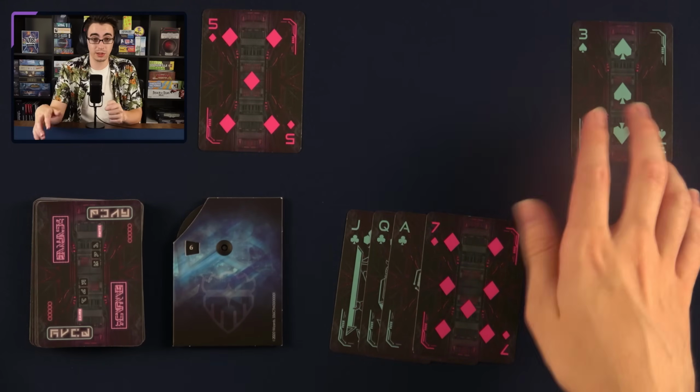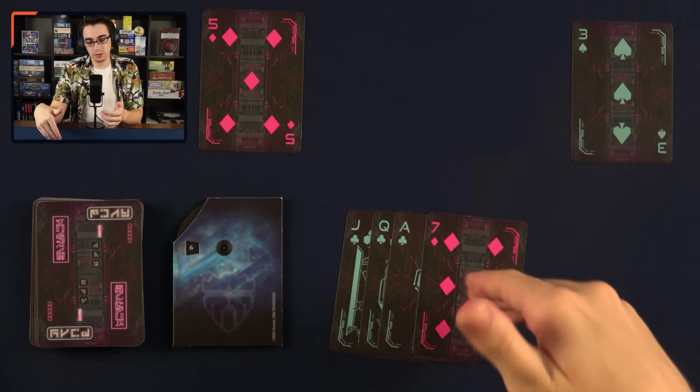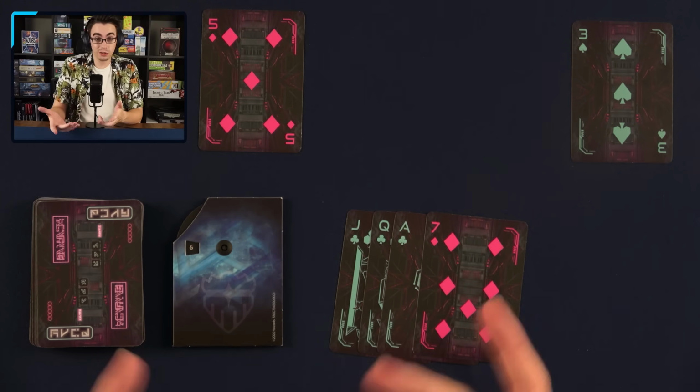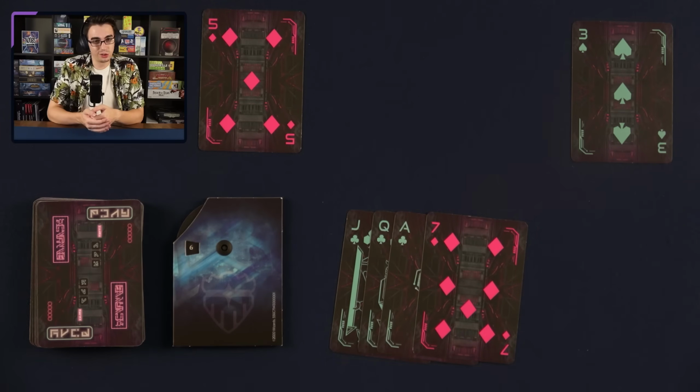If I fight this 3, I'm going to take 3 damage, bringing me down to 3 health total. But if I were to use the weapon, I wouldn't take damage. Right now I can attack anything less than a jack, which is still a lot of cards. But if I fight that 3, I could only use this weapon to fight a 2, and then it's just done for. So that doesn't seem...